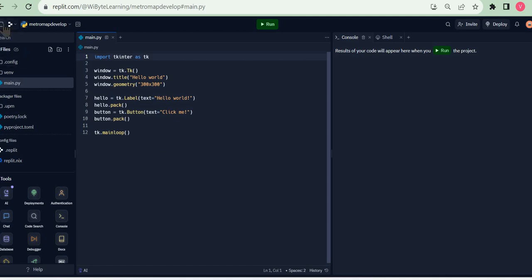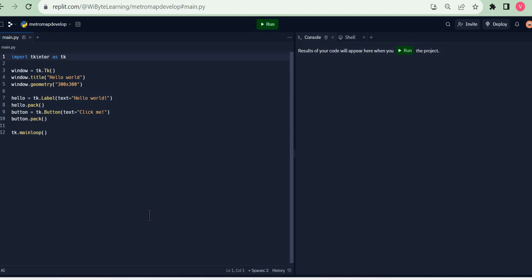Let's just maximize this and then look at what this code is. In fact, it is kind of familiar. The first statement here is to import Tkinter as TK. There's also a bunch of other lines, but the best way to understand this is to run the code right now and see what happens. Then we can make a correlation of what we are seeing to what the code is. And in fact, that's a good way to learn because we are going to get started that way by modifying this template. So when I run this,